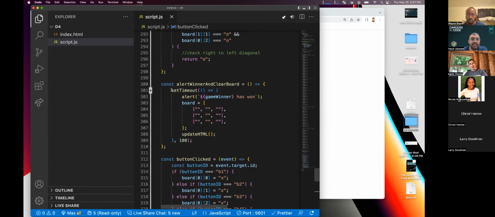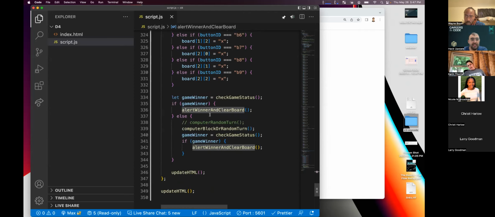What did we copy and paste? It was the whole set timeout, right? It was the alert, the clear the board, and the update HTML. So we took all of that code, put it in alert winner and clear board, and then we came down in both places that code was used, and then we executed the function by adding our 2 parentheses, and then we also used it down here to check again.